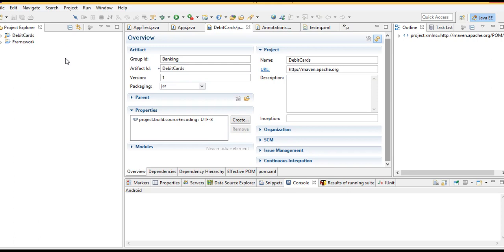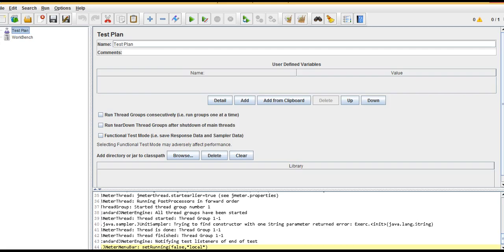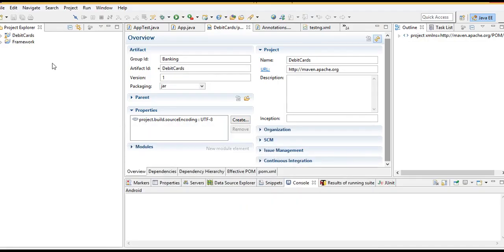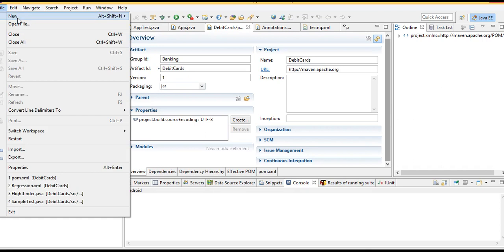So for that, let's create a small project in Selenium, and thereafter we will take this project and import it into JMeter and start putting load on it. Right, so let me create a new project.